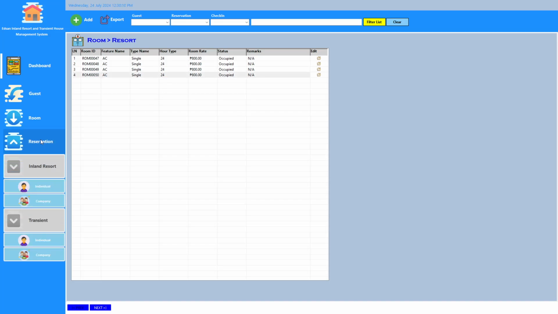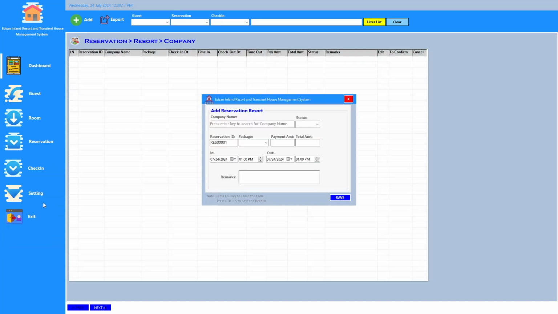The next is reservation, and then in the inland resort, then company. This is the reservation management screen for company reservations. The key features are the reservation list, which displays company reservations, including reservation ID, company name, package, check-in and check-out dates and times, payment and total amount, status and remarks. In the same way, the edit functionality allows quick modification of reservation details.